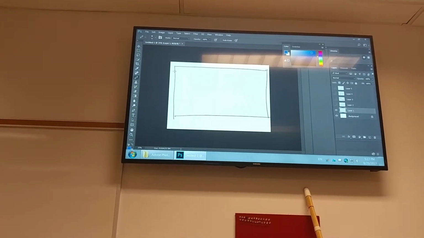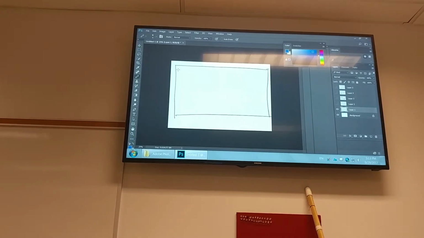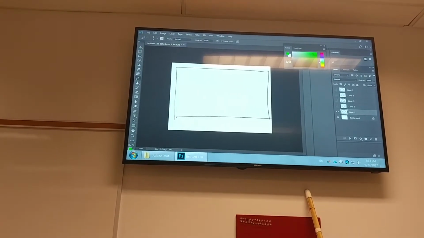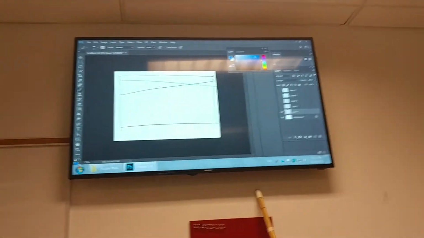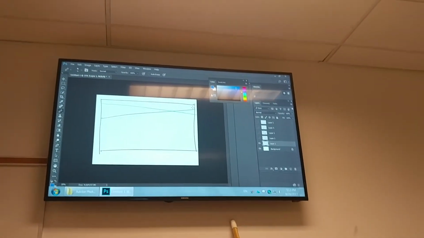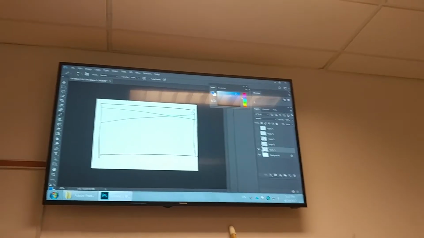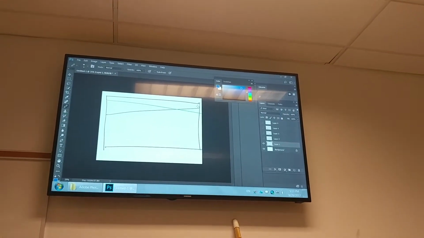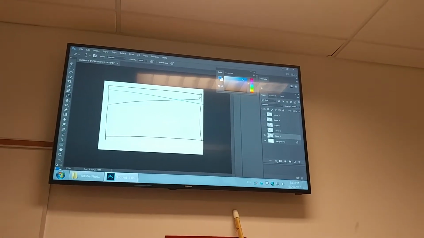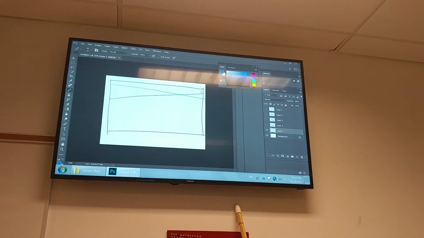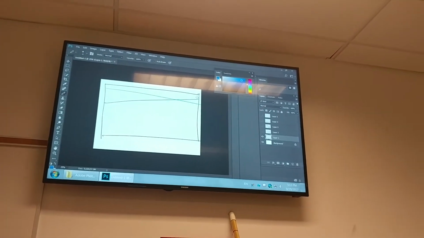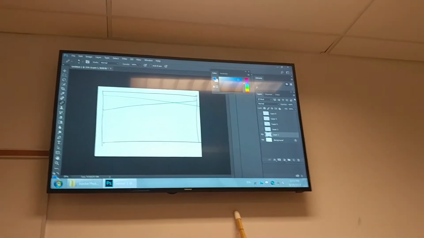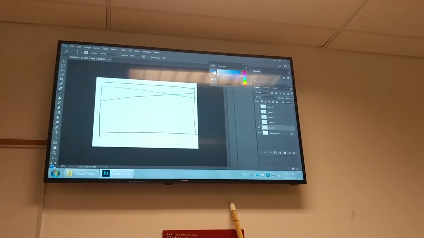So when I draw this bridge, I'm going to do two things here. The audience will believe they should be looking at the bridge. Now, the bias on the bridge. You know what I mean by bias? Which way is the major perspective working? Which way is the perspective on the bridge working? Is it working the way the blue line is showing, or is it working the way the green line is